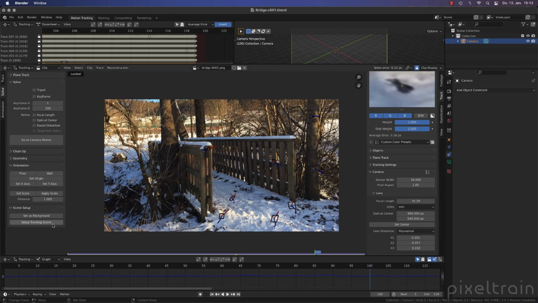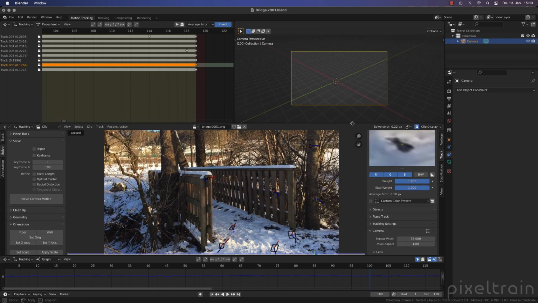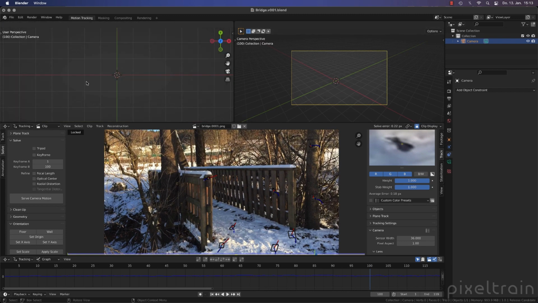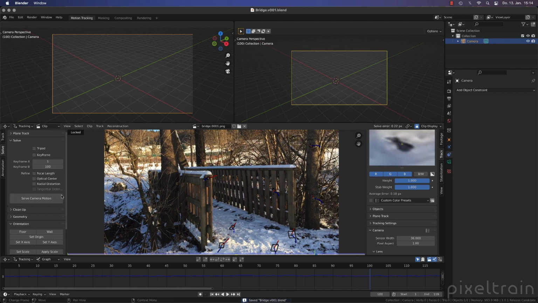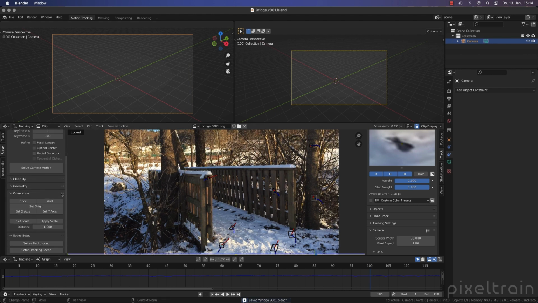For this, we have in the Solve tab here a Scene Setup section with 2 buttons. Set as background sets the background image displayed here into the camera. You see this here is the camera view at the moment. Let's switch this here also to a 3D view. Press the 0 key on the keyboard so that you can see now through the camera here. That's great. And now we can go in here and say we can make this here background of the camera.